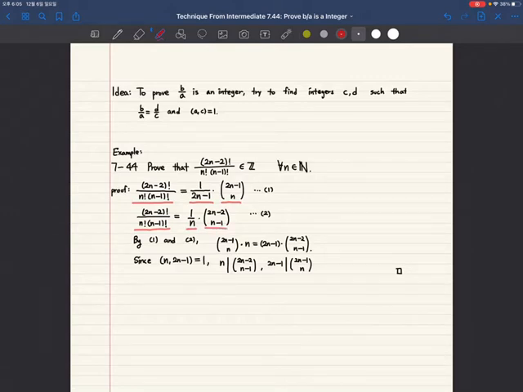The reason why this is good is because this n and this 2n minus 1 are relatively prime, so their greatest common divisor is 1. So how does that come in handy? Well,